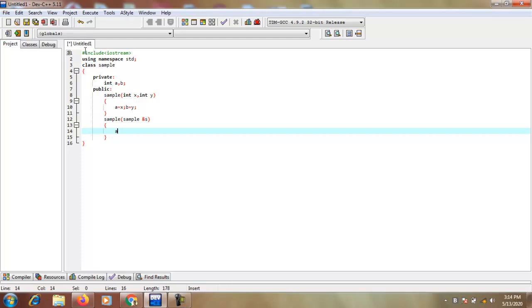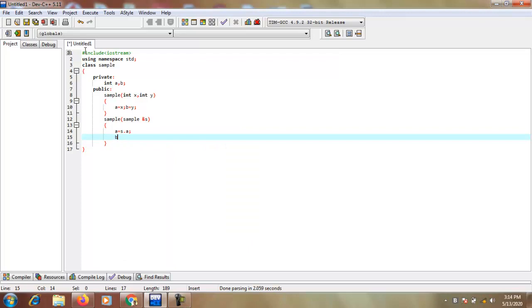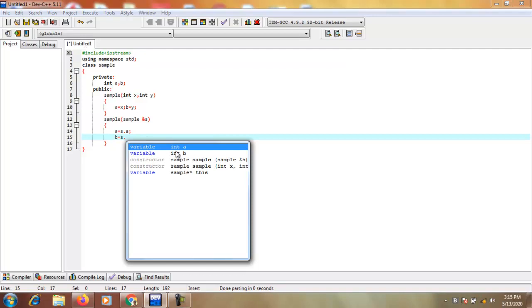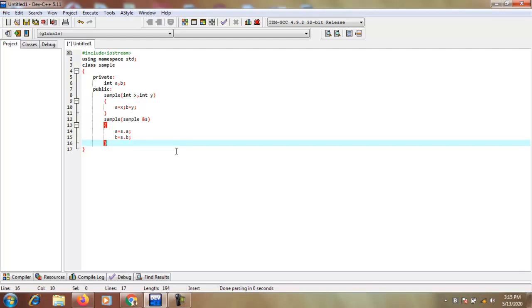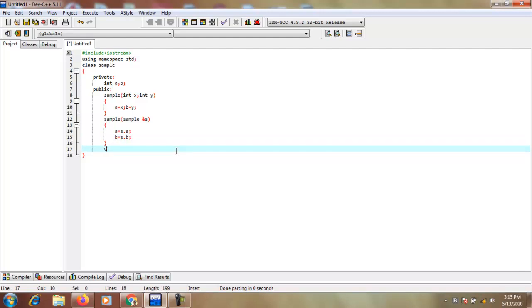Okay, so a assignment operator s dot a semicolon, and then b equals b assignment operator s dot b semicolon.